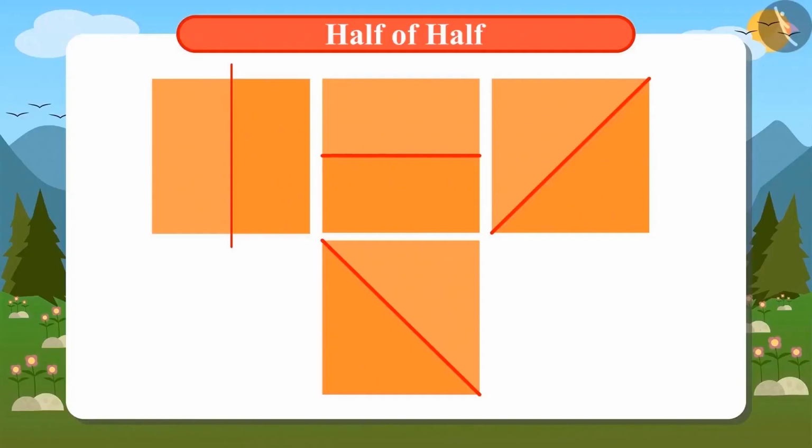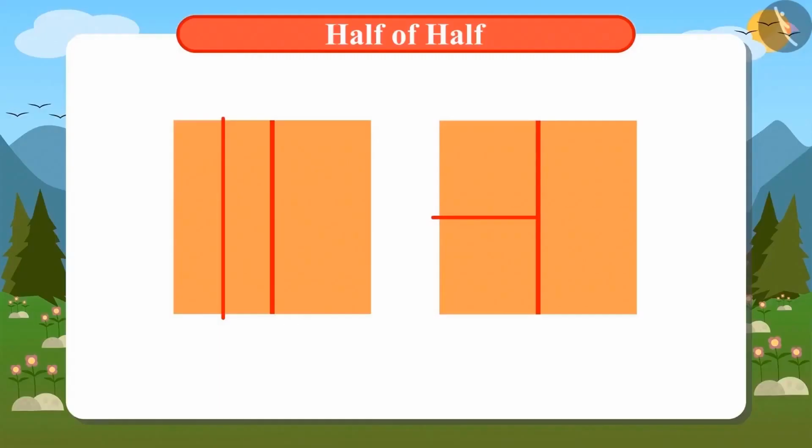Absolutely correct, Vandana. Now divide these halves further into equal parts in different ways. Okay. We have already divided the first one into two halves in two ways. One from the short side and the other from the long side. I can divide it in two more ways. By drawing a line that joins the upper left corner with the lower right corner. And by drawing another line that joins the upper right corner with the lower left corner.